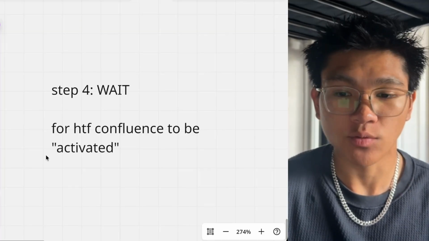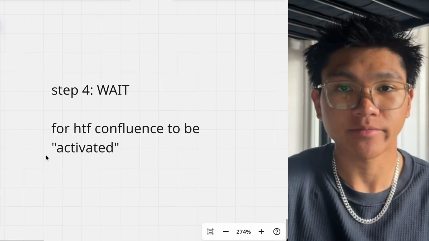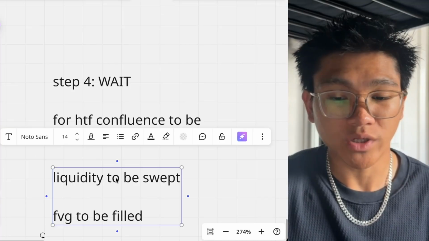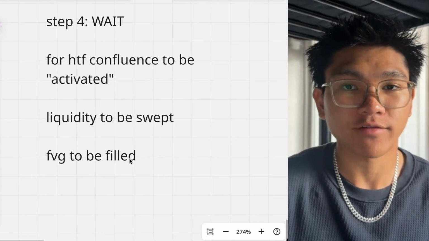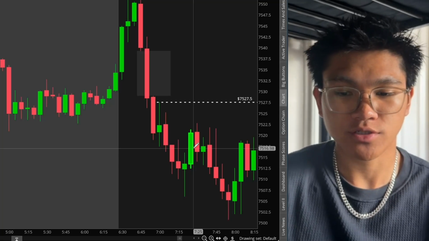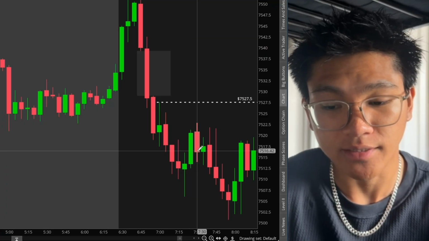And now step 4 is we wait. We're going to be waiting for a high time frame confluence to be activated. So what does this mean? It means that we're waiting for our liquidity to be swept, or we're waiting for a fair value gap to get filled. So going back to the charts, every time price forms a green and then a red candle, we